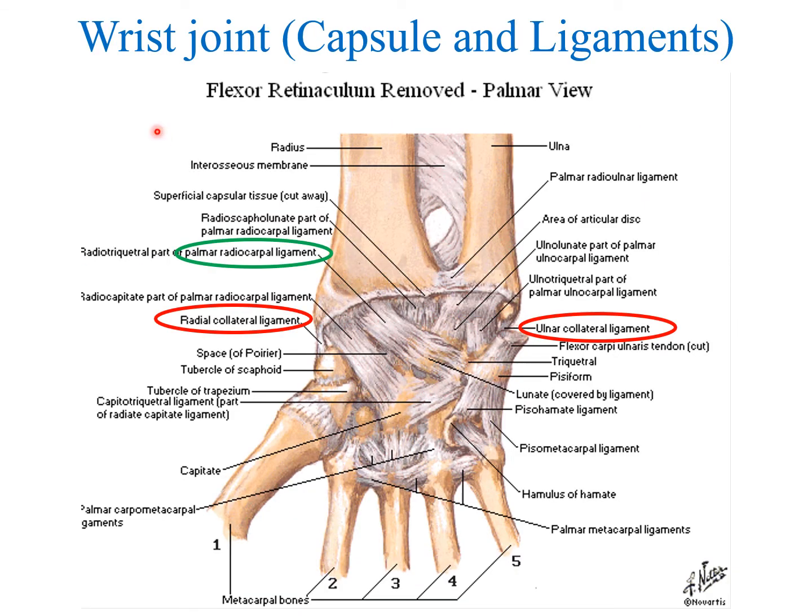So, ligaments of the joint. Every synovial joint, as we have discussed, is completely enclosed in a connective tissue covering, which is known as the capsule of the joint. Here you can see the capsule of the joint is removed. This whole area is covered by connective tissue completely, which is removed, known as the capsule. Below that we can see the ligaments: the radial collateral ligament between the radius and the scaphoid, and the other ligament between the ulna and triquetrum, known as the ulnar collateral ligament.